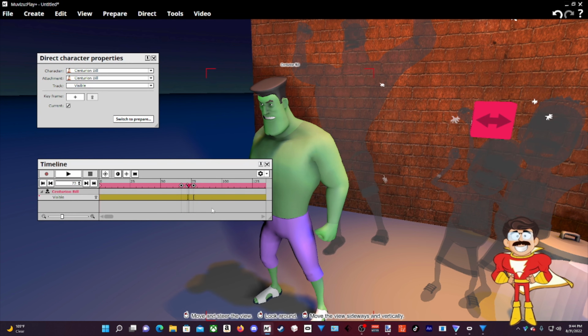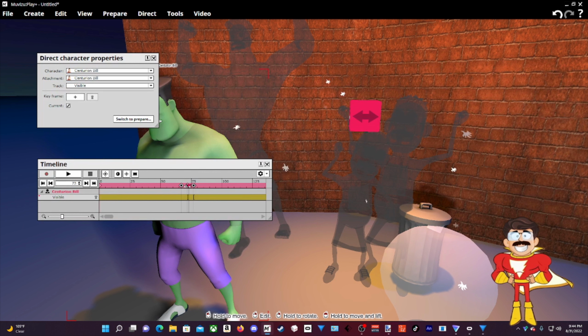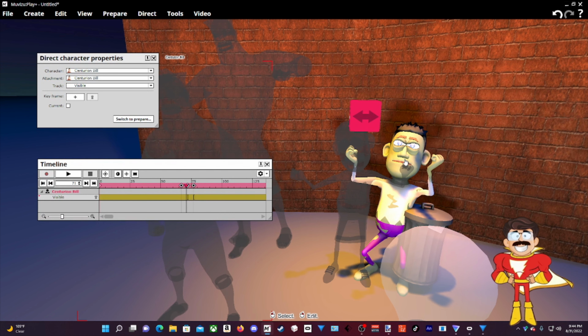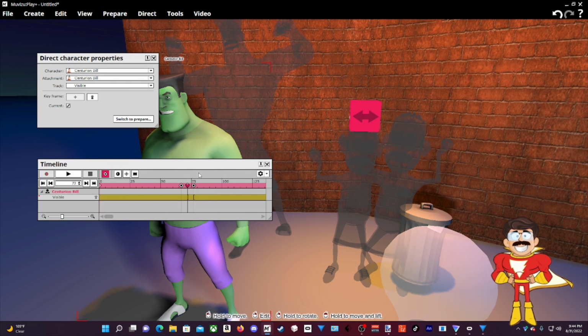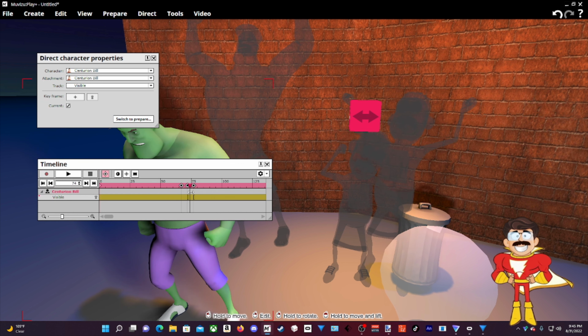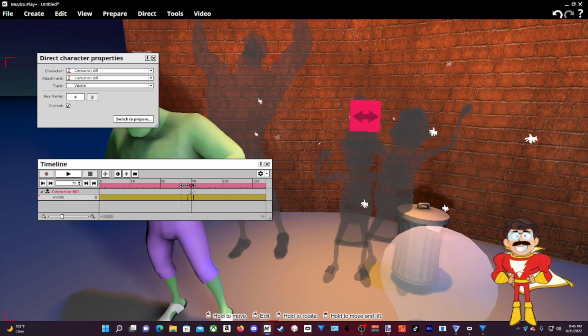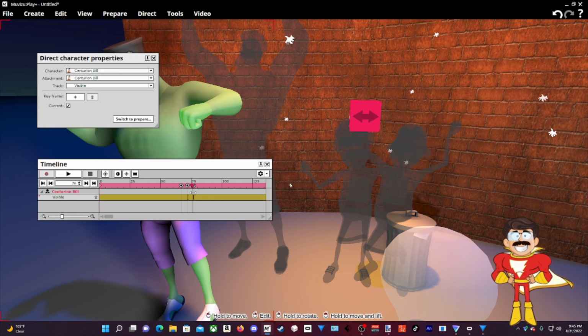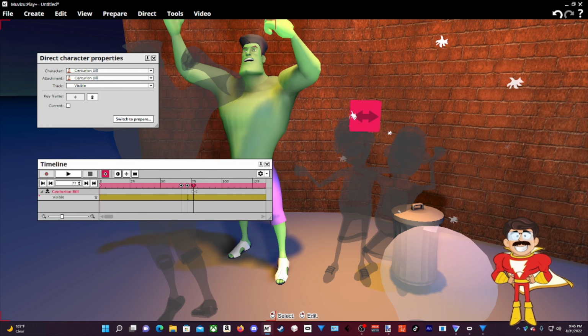Right when his keyframe for invisible turns off, his turns on, so I have his in the same spot as his is. I'll move it, and he's doing that little act. Then I have his keyframe at the last key point, turning his visible back off, and the bigger green guy,